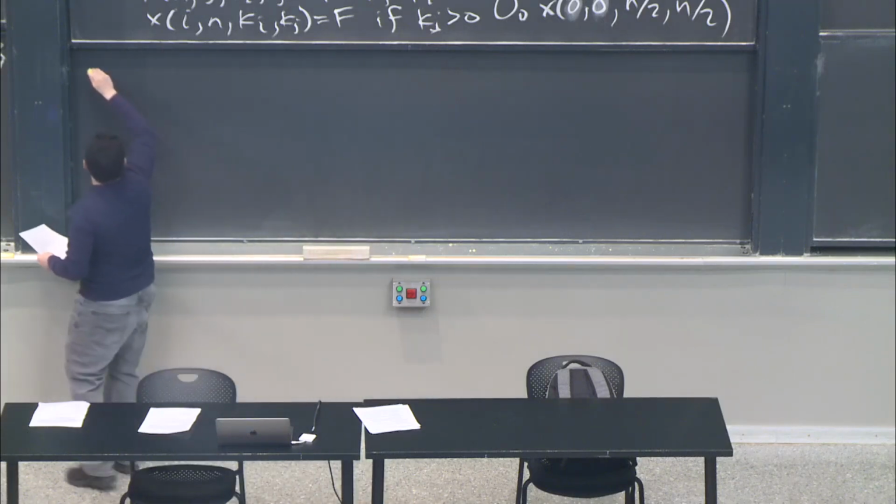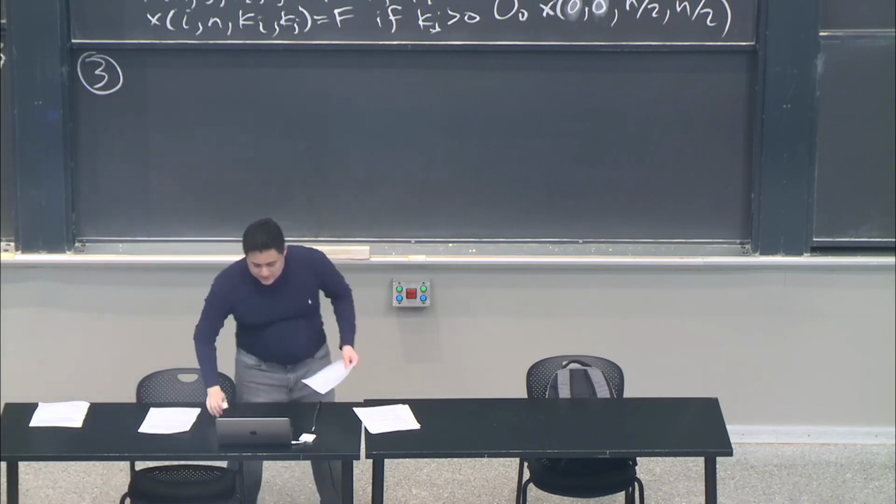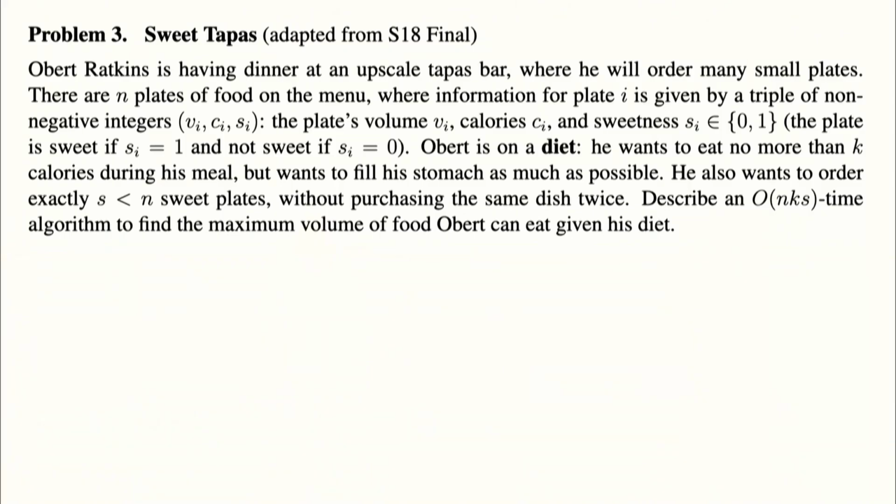Number 3 is a problem about tapas. Okay, so these all come from Spring 18. The first 2 came from a problem set. These next 2 come from the final exam that year. Okay, Albert Ratkins,